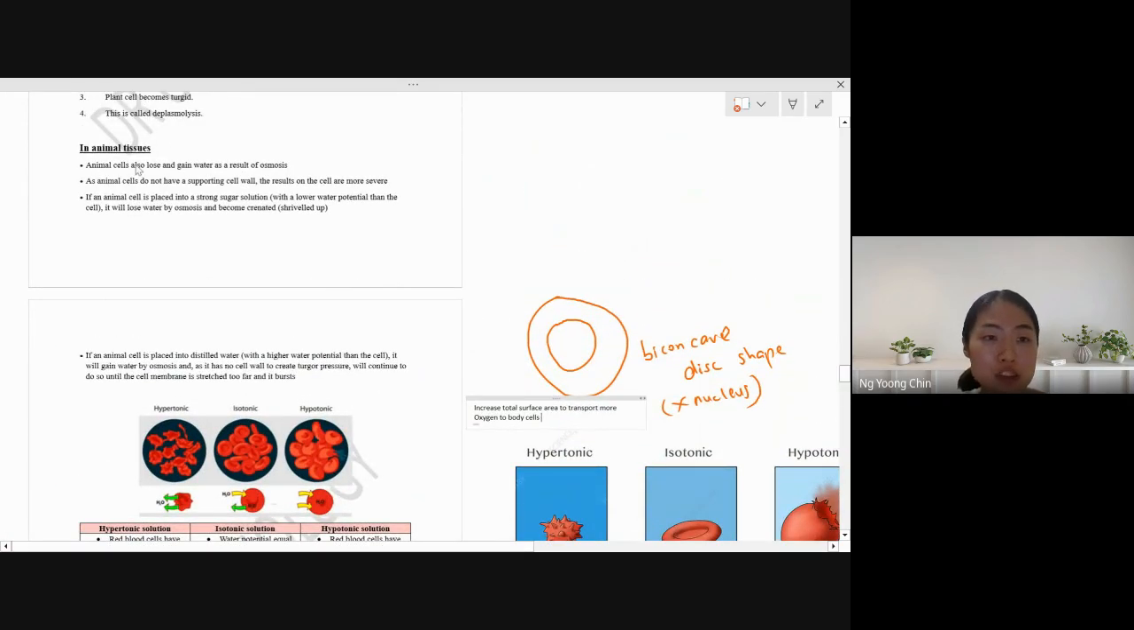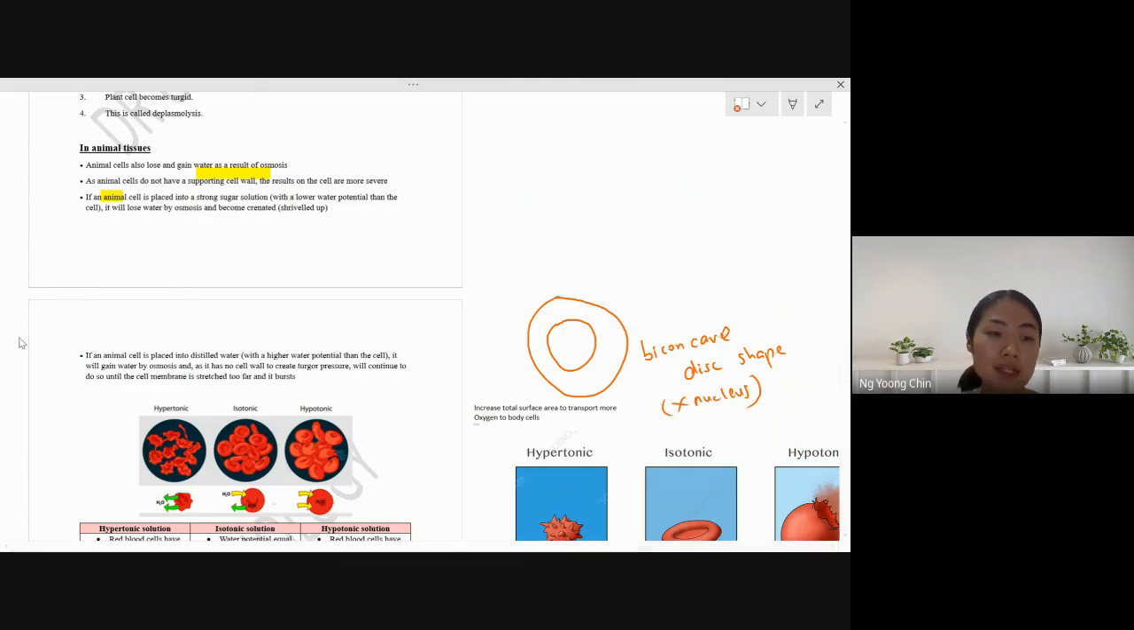Animal cells are similar to plant cells. They can gain water and they can lose water. Since the animal cell doesn't have a cell wall, see, they don't have the cell wall, this causes the rupture of the whole cell if an excess amount of water enters the animal cell. When you place the animal cell in a very strong sugar solution, this will cause